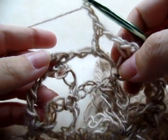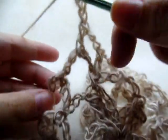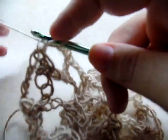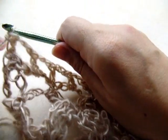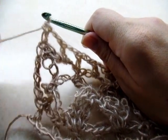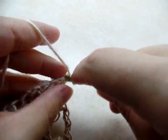Okay, when you get to the end, you should be able to finish a complete repeat. This will be this last single crochet down here. You just double crochet in it. And that's kind of all this pattern is just repeating these rows that we've been doing from now on. So again, we're just going to start down here with the next row by chaining 1 and turning, single crocheting into the first stitch,